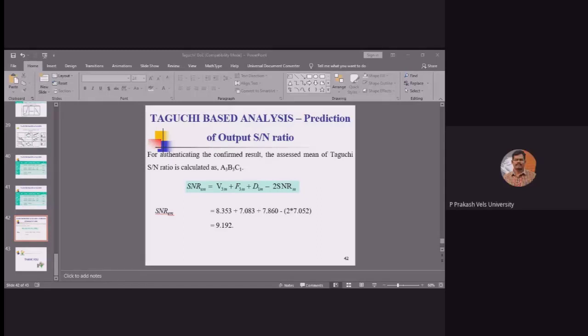Which method gives more accuracy, Taguchi, RSM, ANN, or fuzzy logic? Whatever it is, it all depends on the problem, sir. For the same problem, if I use Taguchi, gray relation analysis, or TOPSIS, different methods will provide different results. In some cases, Taguchi will provide better results for single objective. For multi-objective, we can use gray relation analysis and TOPSIS. It all depends upon the number of input factors, what your outputs are, like this.